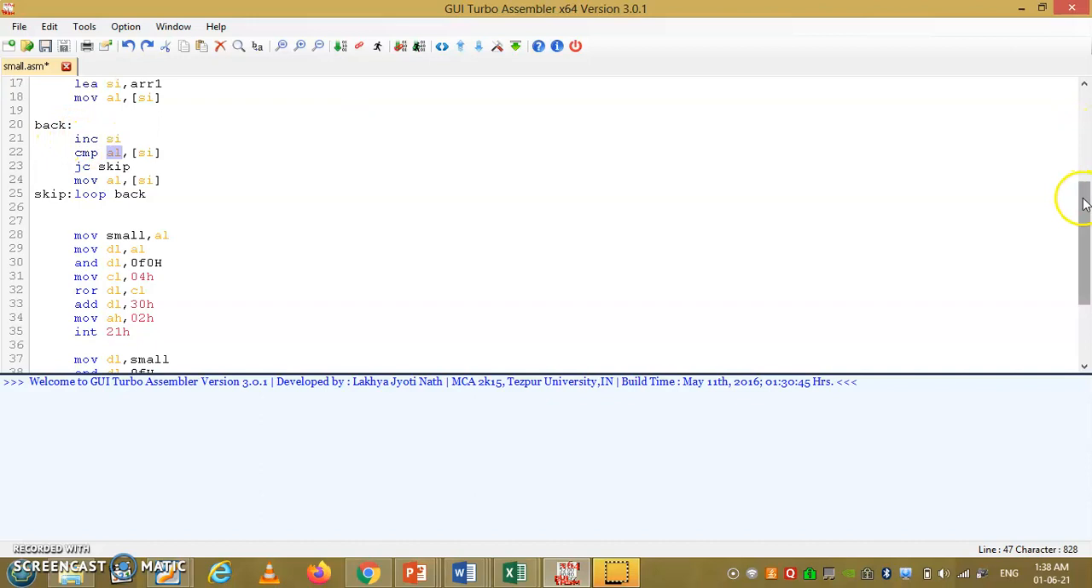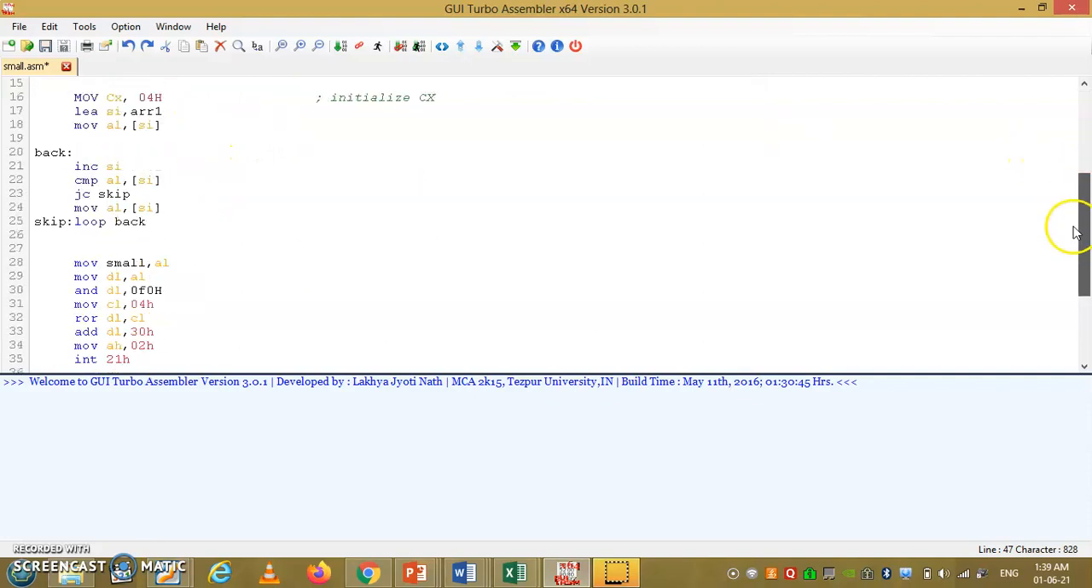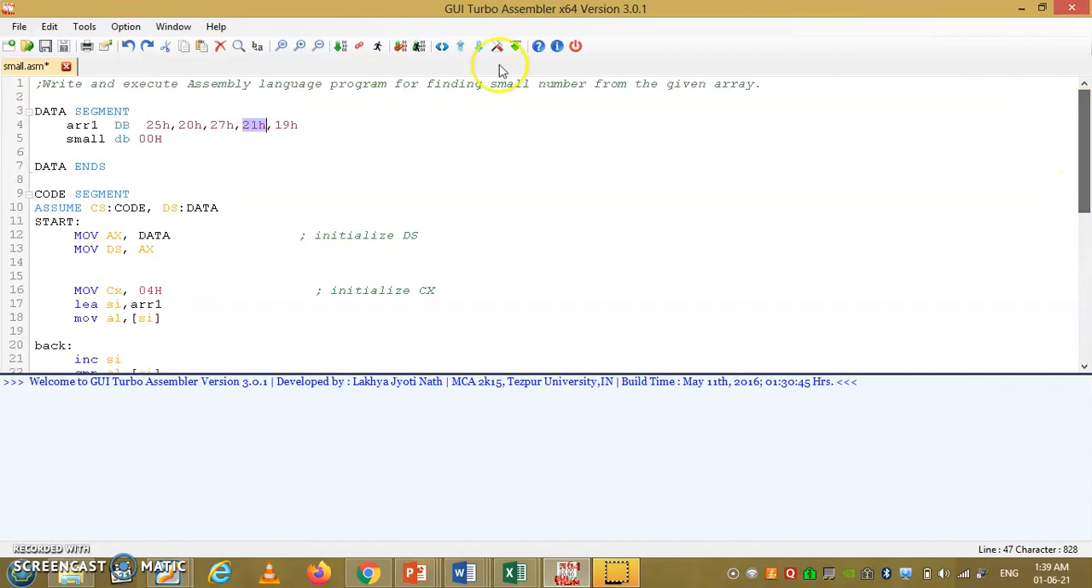So SI will increment and SI will point to the 21. The 21 is also greater than the 20, so it will be skipped and go to the next, and the counter will be decremented by 1, and the counter will be 1. 1 is not 0, so once again it will go back and the pointer will move to the next,